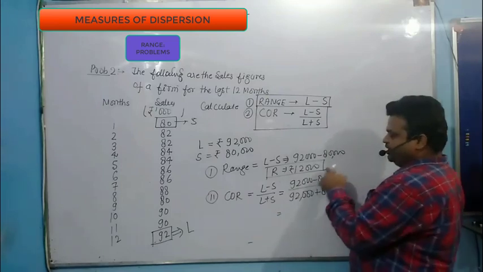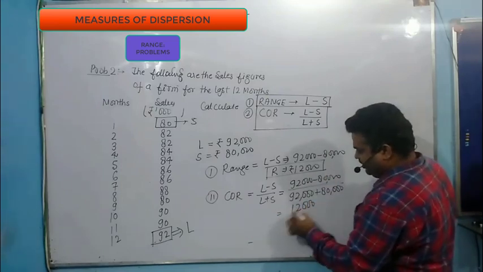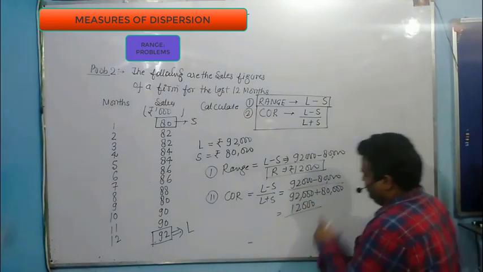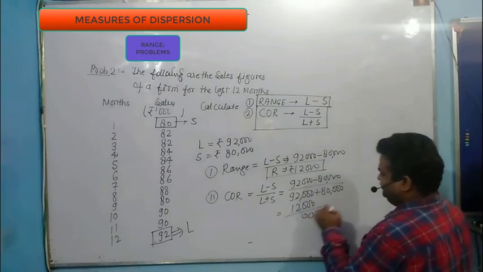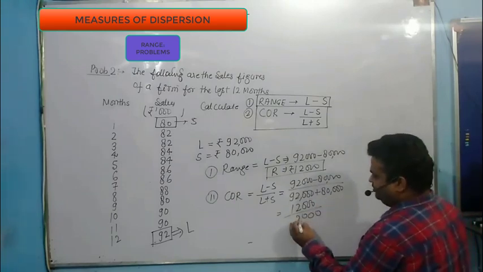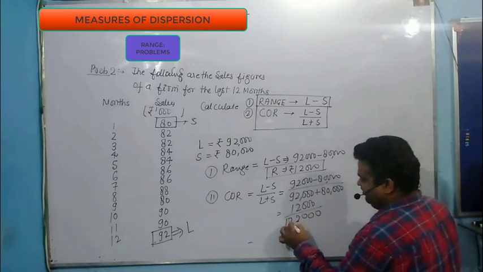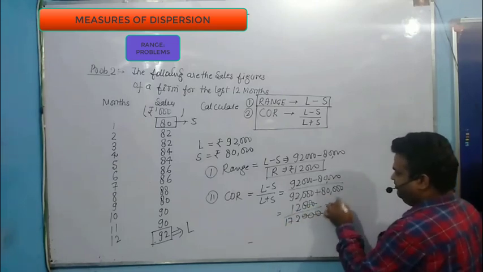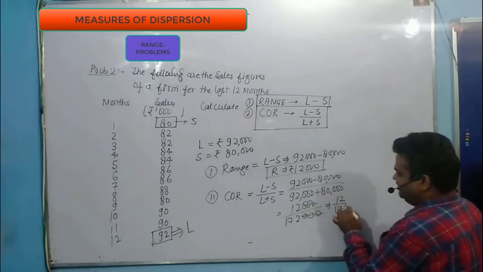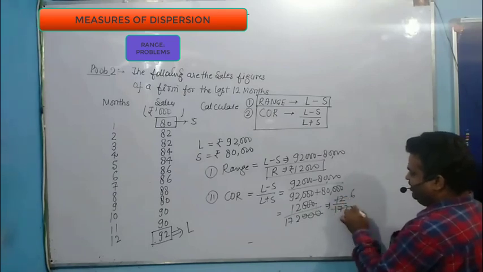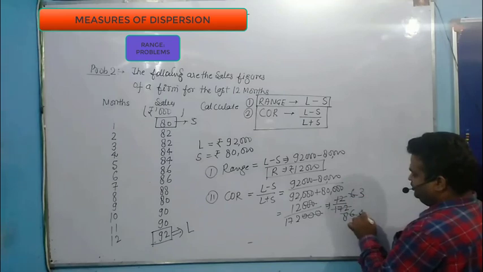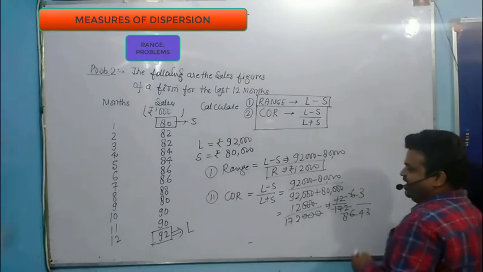Now this value is already calculated, 12,000. Now what is this value? So 000 as it is. Now 0 and 2 comes 2, and this 8 plus 9 is 17. So the 0s are gone. You have 12 divided by 172. 2 6s are 12, 2 8s are 16, 2 3s are 6, 2 4s are 8. That means 3 by 43.